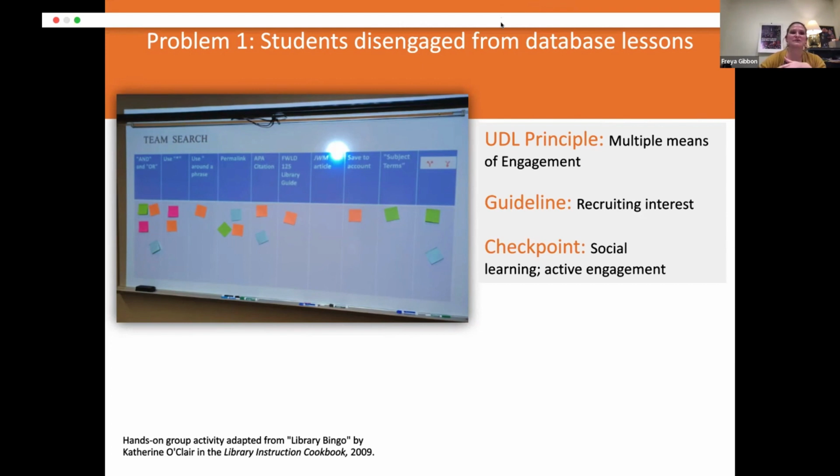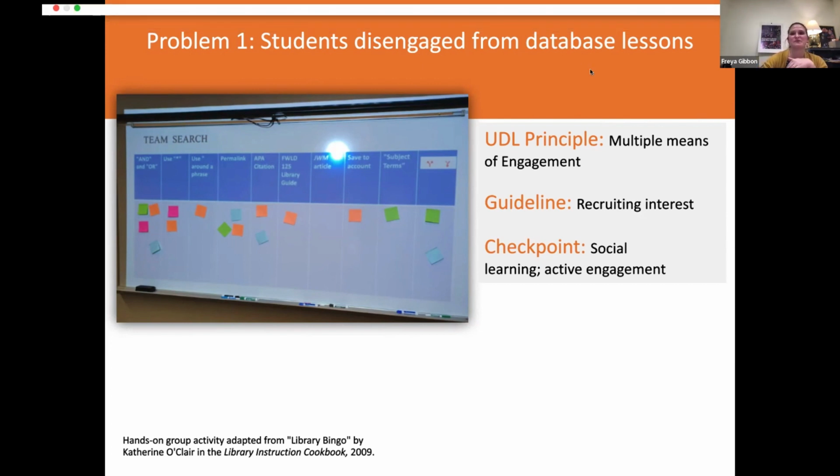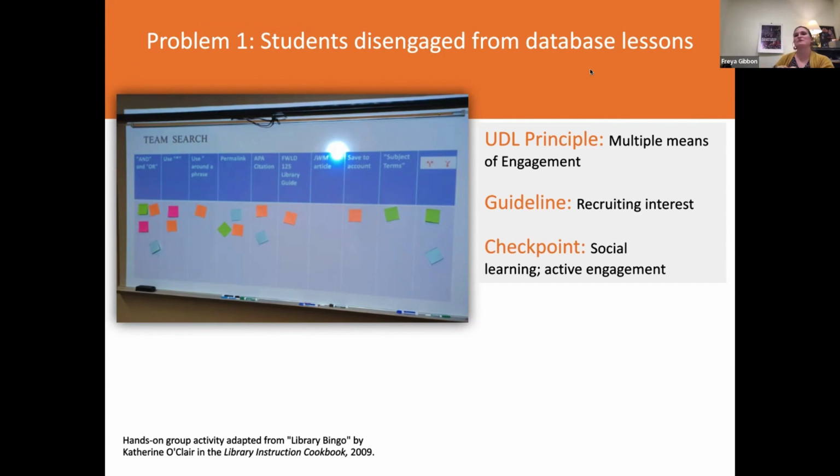What I had students doing, this was a follow-up, a second level class, and it was early on in their research journey before they had really had topics or anything like that. I needed them to explore some of this stuff in the discovery service so that we could then talk about it. And I had them in groups do a challenge, go post your sticky note on the board once you figure out how to use the star in your search. And then we could talk about it, because I could say, oh, pink group, what did you guys find? I see